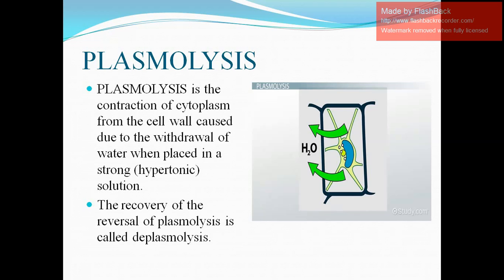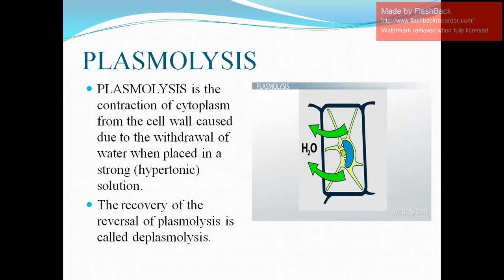Sometimes due to this contraction the cell dies. Due to this continuous loss of water, the cell dies. A common example is when we add salt to meat. Why? So that if there are any germs or bacteria, the salt will make the outside concentration of the meat hypertonic. The bacteria or germs will undergo plasmolysis, and the meat will become germ free or bacteria free. So when the cell is plasmolyzed, the cell can even die,